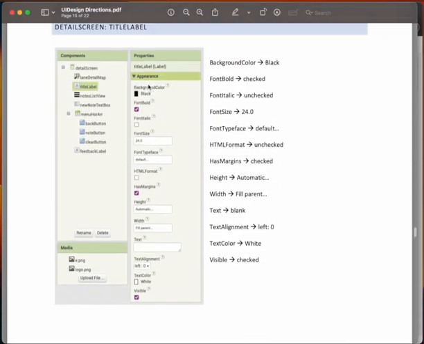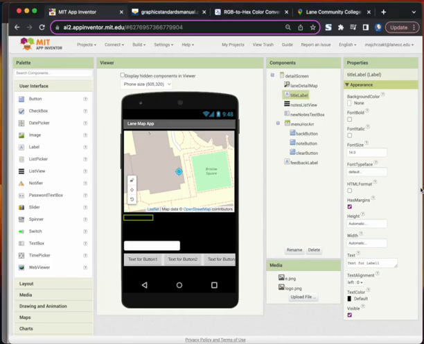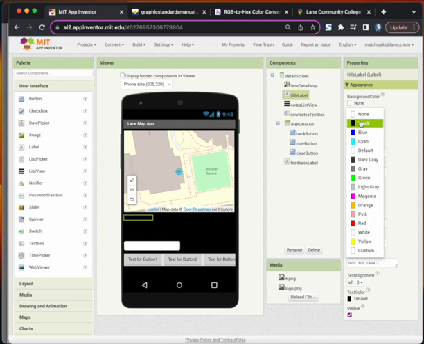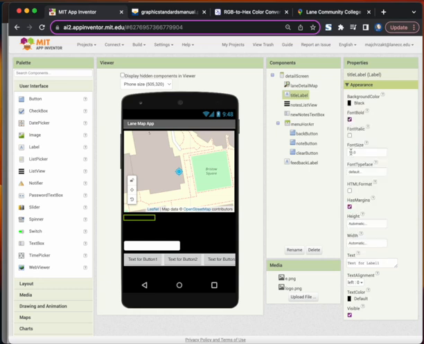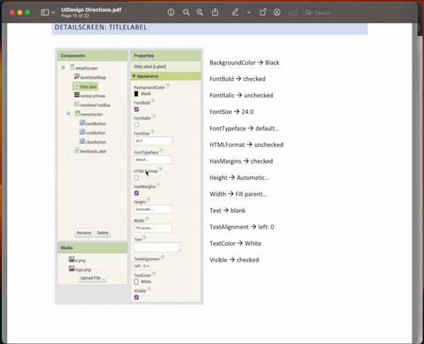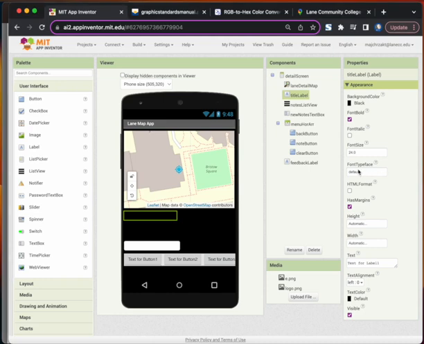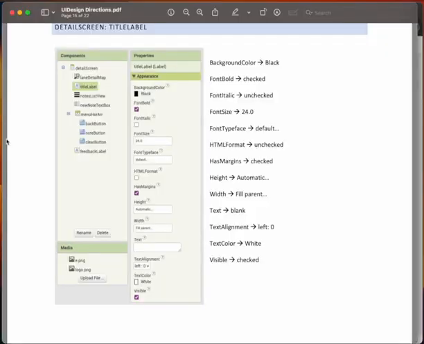For title label, we have black, bold, 24, default. Okay, black, bold, 24. So we're going to make that label bigger. 24 default. And then I think the next one, this is not checked, that one is, then automatic and fill parent. Automatic, watch what happens to the width when we do fill parent. I think you'll already know by now, probably. Yeah. Okay, and then